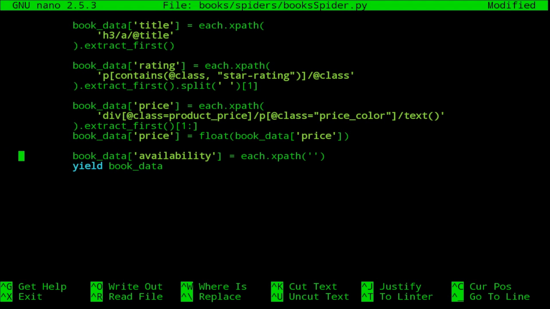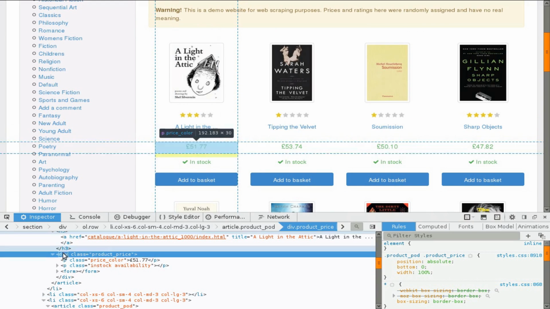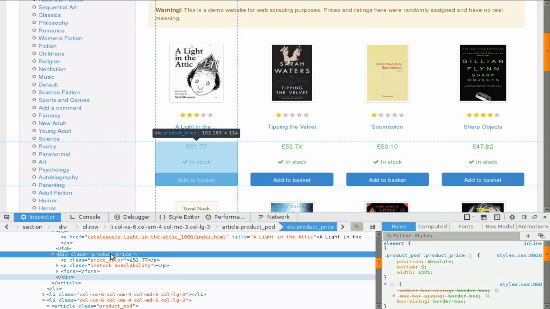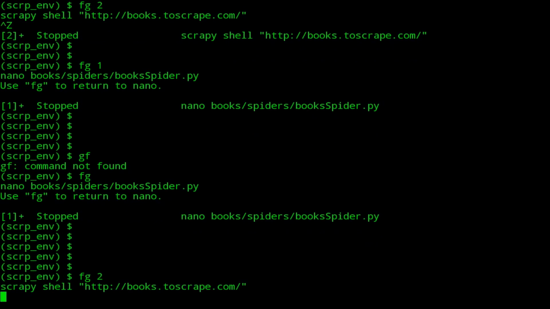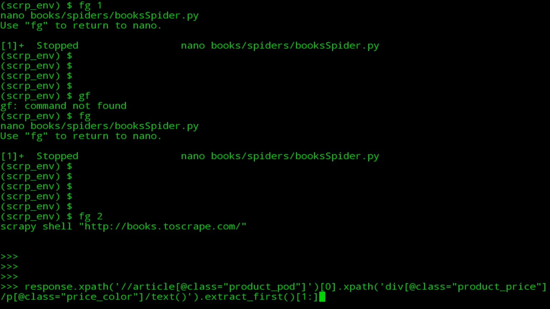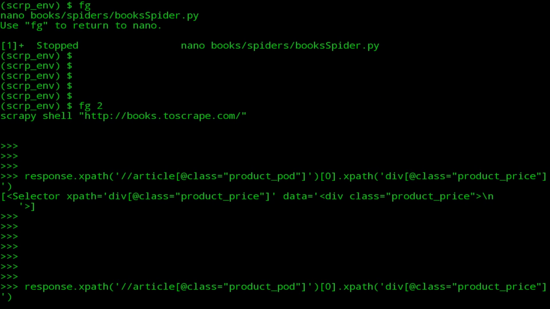Now let's check for the availability. Let's extract the availability, which is in this product price cell, div element. It's within this div class equals product price element, which we already indexed right here. So from here,